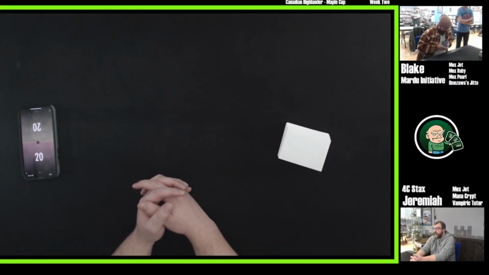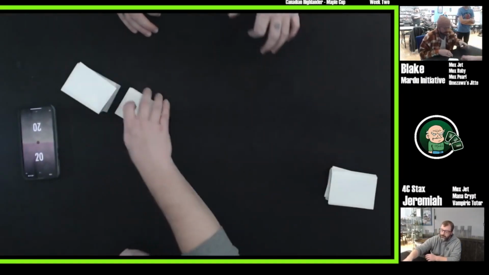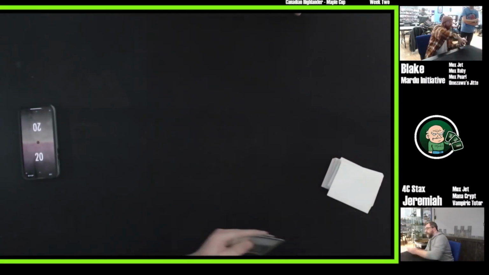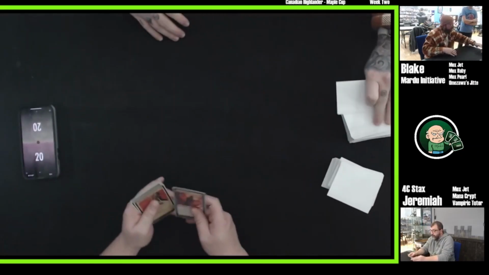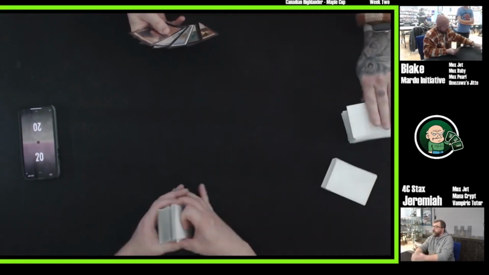Graveyard Trespasser, Thalia, Heretic Cathar. Those are pretty standard for this archetype. Most of the initiative decks play those cards. That's by no means innovative. Just playing a lot lower to the ground. Basically, the idea was I didn't want to give Jeremiah a lot of time to set up one of these